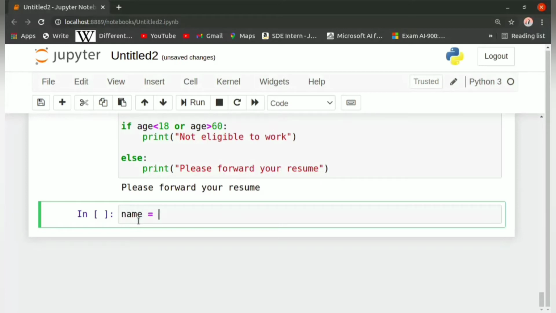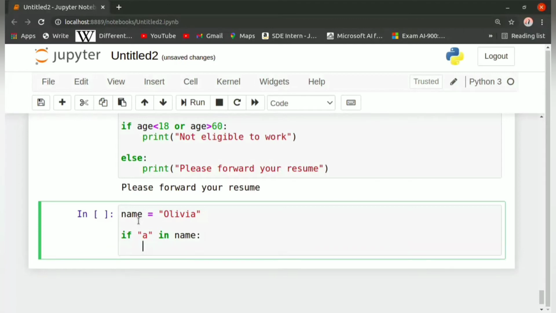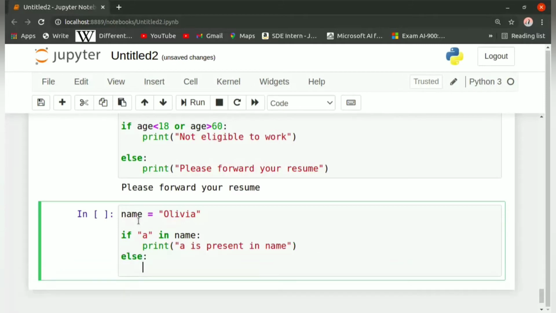In order to check whether A is present in the variable name, we will write if then A in single quotes or double quotes, then in name, then colon, then in the next statement we'll write print A is present in name. Then in the next statement we write else, then print not present.